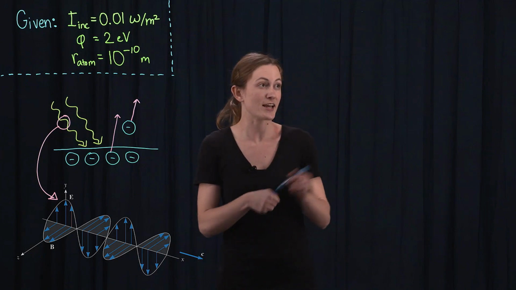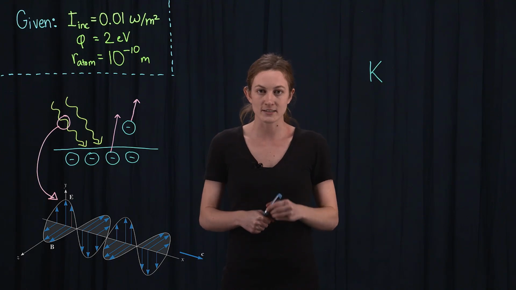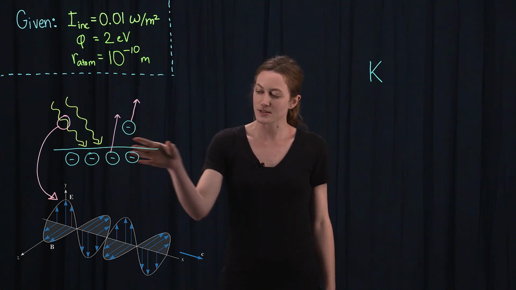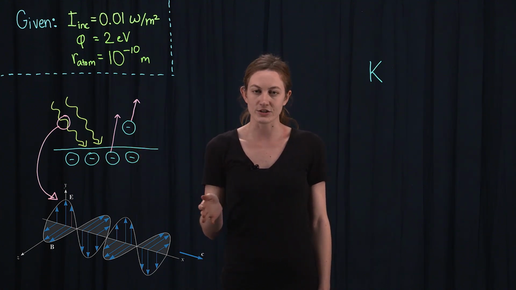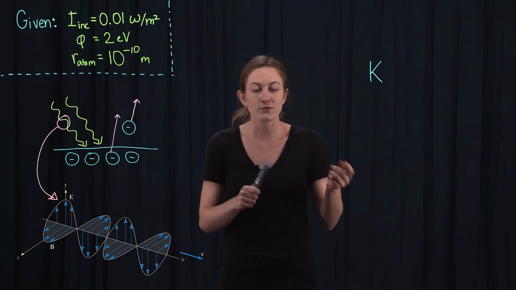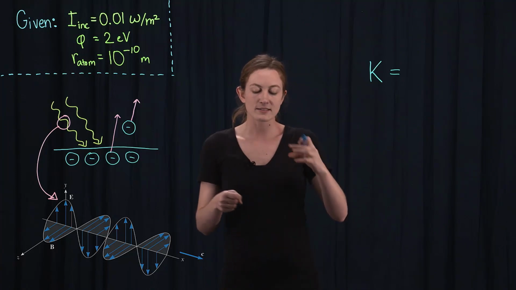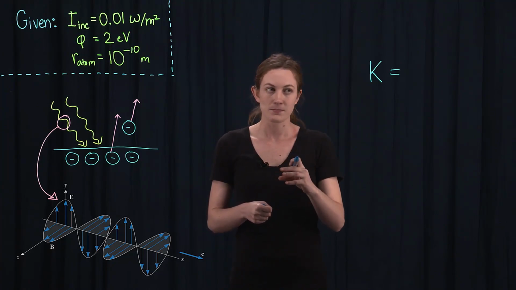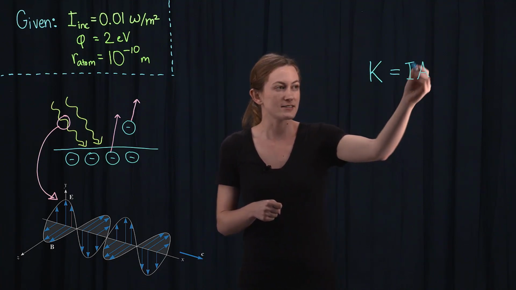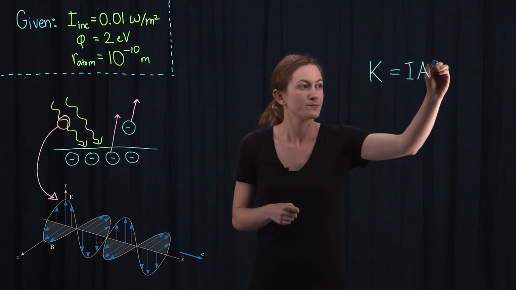So we'll call that kinetic energy K. Because we're assuming that the energy in the light is uniformly and continuously distributed, we'll assume that in a time t, each atom in the top atomic layer absorbs an equal amount of energy proportional to the atom's cross-sectional area, A. If we assume that all of this energy goes into an electron in the atom, then this absorbed energy is given by the intensity of the absorbed light times the cross-sectional area of the atom times the time,